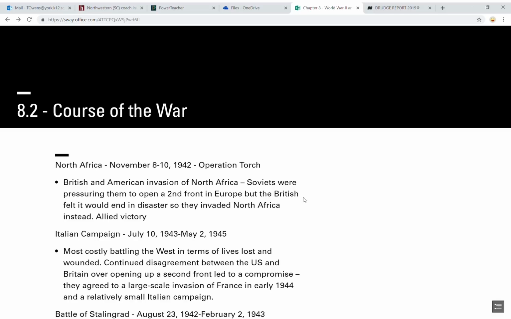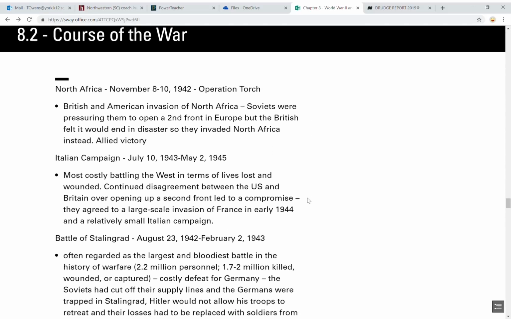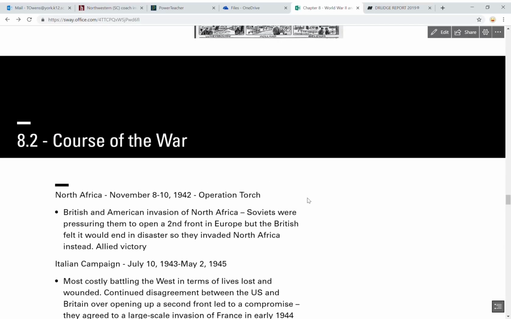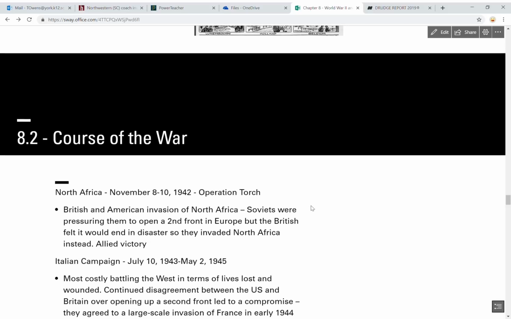So the first two are related, North Africa and the Italian campaign. When the war begins, you know that France fell early on in 1940. And then Germany began to attack Britain with the Battle of Britain. And at this point, it's really just Britain against the Germans. And in this time, they're going to turn their back on the Soviet Union. There was that non-aggression pact, and Germany is going to attack the Soviet Union and invade,